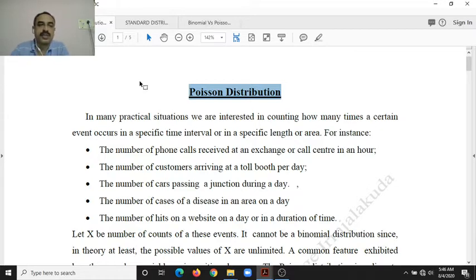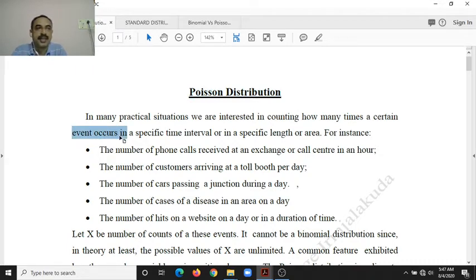number of phone calls received in an office, number of accidents occurring in a district, number of suicides reported in a district on a day, the number of vehicles waiting in a traffic jam, number of customers waiting for service in a counter. In all these cases, we don't have a fixed value for the number of trials n. We can count only the number of occurrences of the event. The number of times the event occurs, that only we can count, but we cannot count the total number of